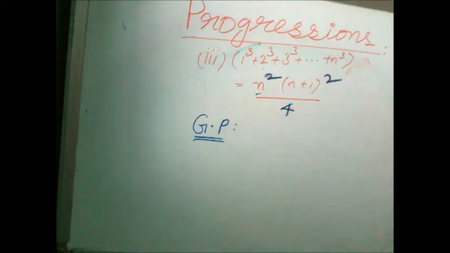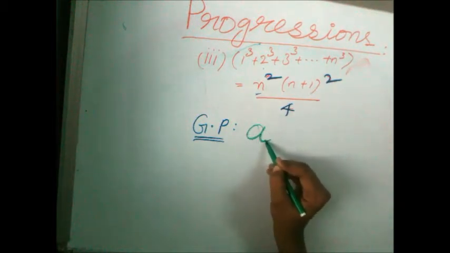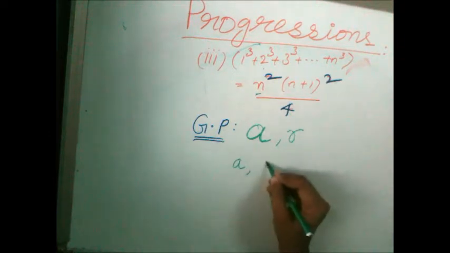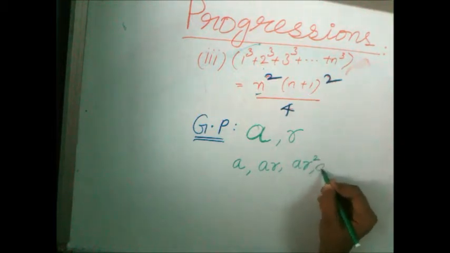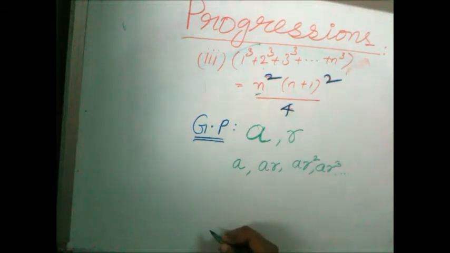A GP with first term A and the common ratio R: let us consider the first term as A and common ratio as R. Then it is defined as A, AR, AR square, AR cube, and so on. Then the total number of terms will be